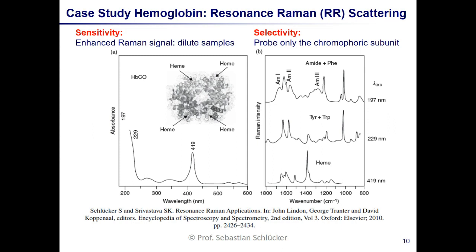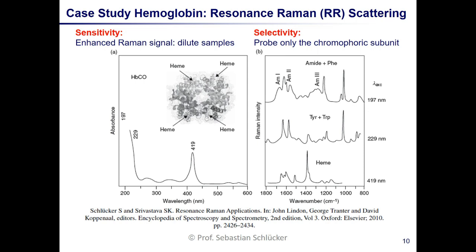That is illustrated here with the example of hemoglobin. In this case, it has CO as a ligand. The heme units, these cyclic tetrapyrroles, have an electronic absorption in the visible. It's a dye essentially, 440 nanometer. There's a peak in the UV-Vis absorption spectrum, while the peptide backbone and the aromatic amino acids absorb in the deep UV,